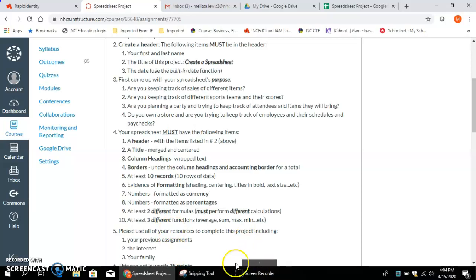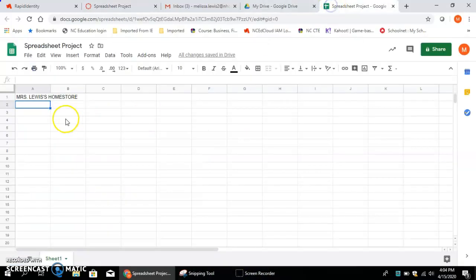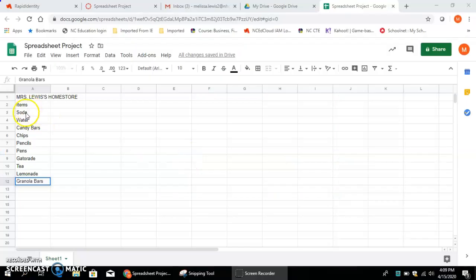Alright, so let me go ahead and start with my items. And actually, since this is a column heading, I only need to have initial caps, okay? So I'm going to type my items in, and let's say I sell soda, water, candy bars, chips, and I need to come up with 10 things. Okay, now that I've got my 10 items here, which would be 10 records of data,